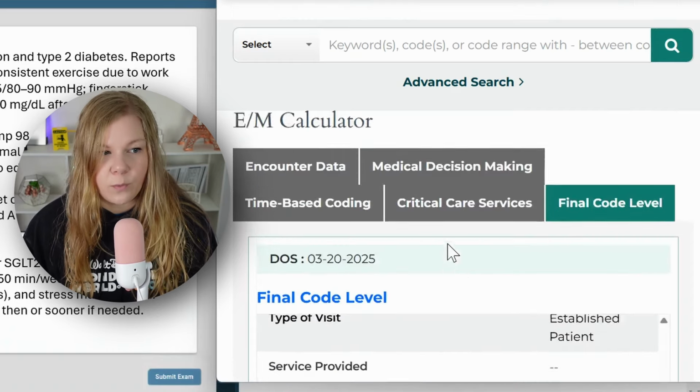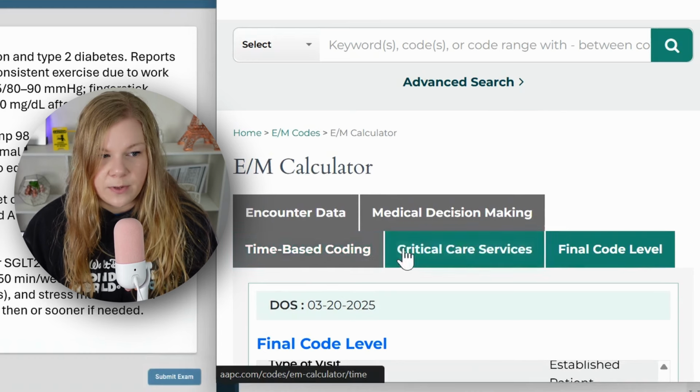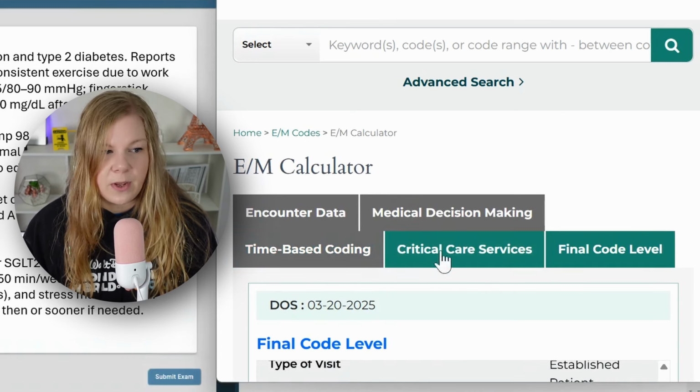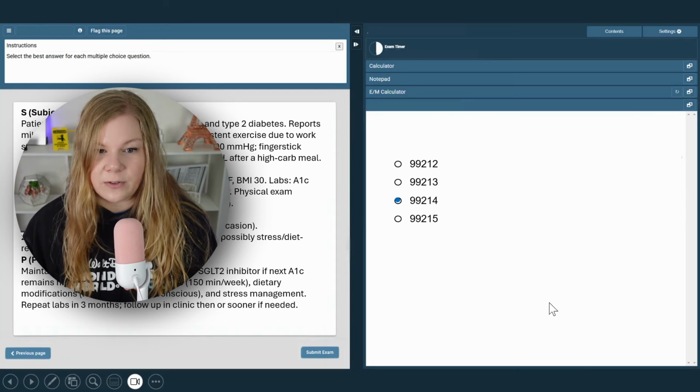Now, I will go through one where we do some time. So we're going to go through time-based coding, so you can calculate based off of time, but there's also a section here for critical care services as well. And then, of course, going back to our sample, this one would be selected as a 99214. Now, in our next case,